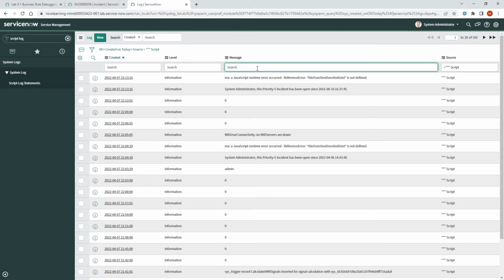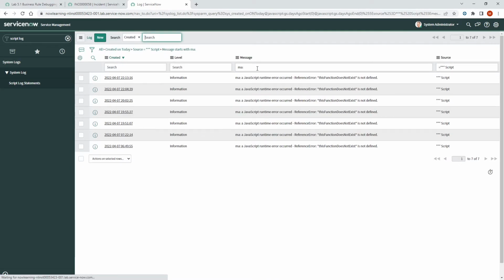Again, if I wanted to search, I could do a search here for MA. I could see any of the instances with my initials that have come up. I could search for, in order to also try to search for the other, this function also does not exist. Let's do a search for this